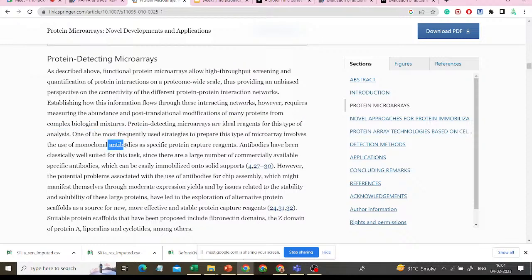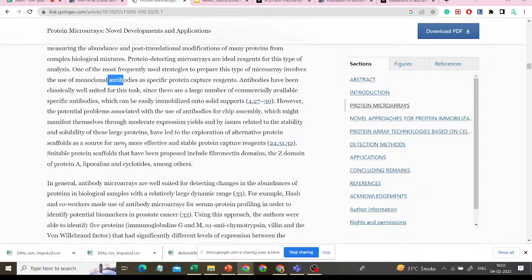So I am just stating all this so that you can visualize the things and understand why these are necessary. Antibodies are quite specific in nature, and whenever you come across any problem or particular disease, you can think about what you want to assess, for example, the quality of your